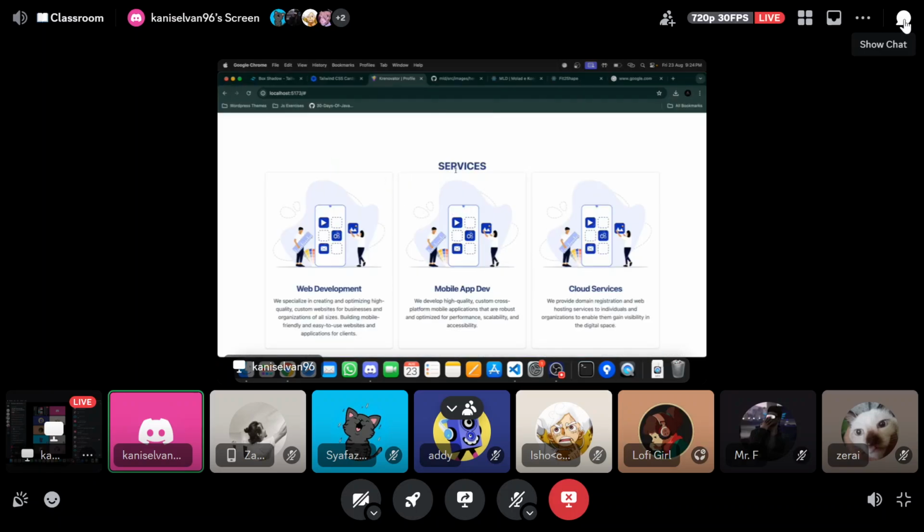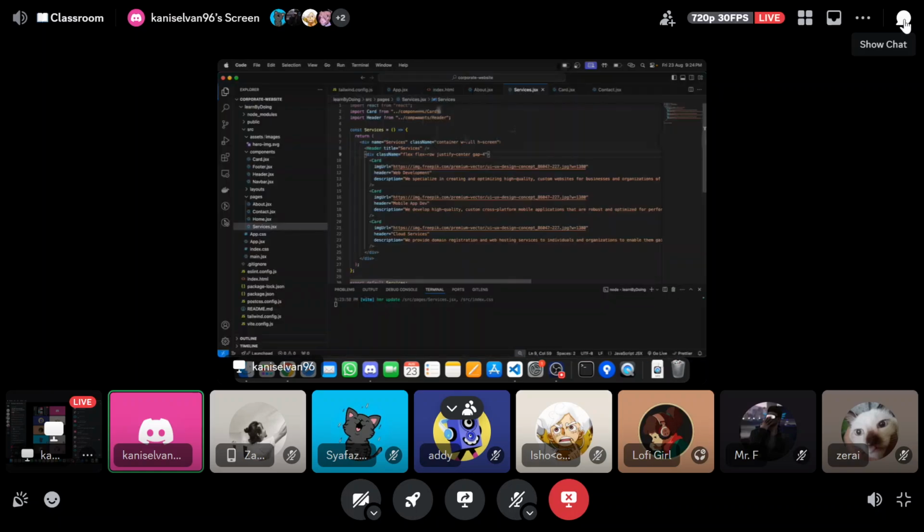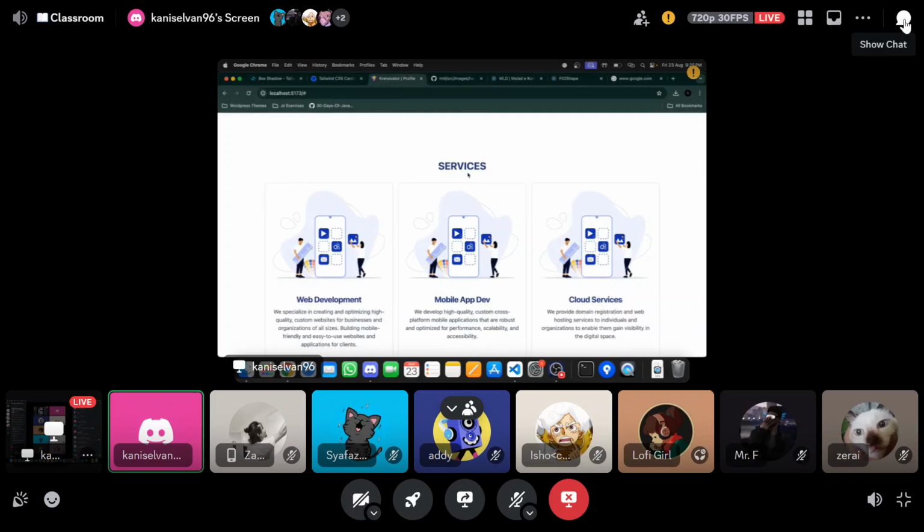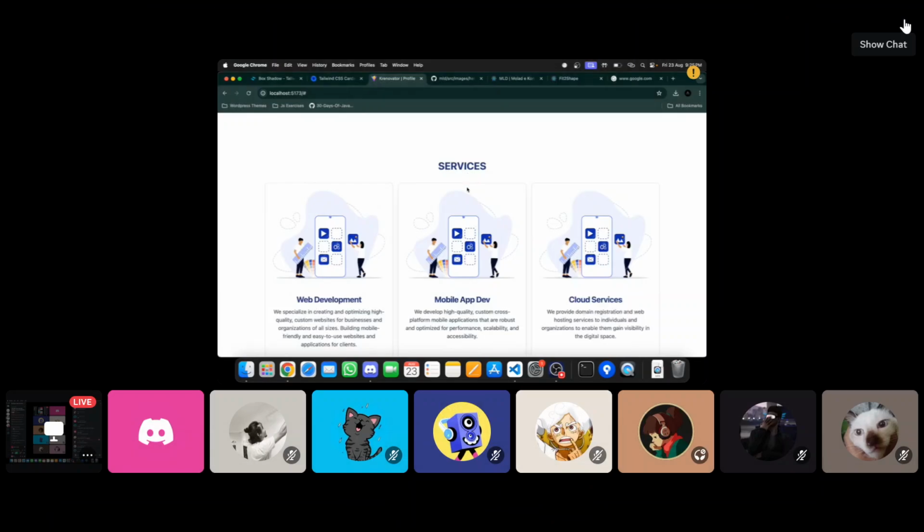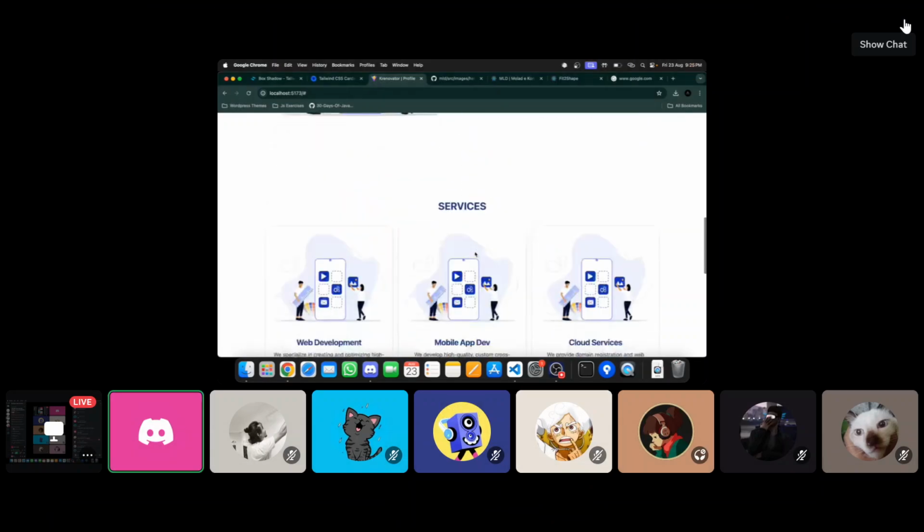Now, we need to improve this gap. What we can do is put some padding top here. So you can see we have some gap. If you want more, add more. I think this is fine already.